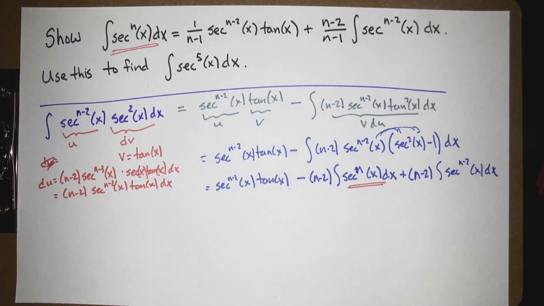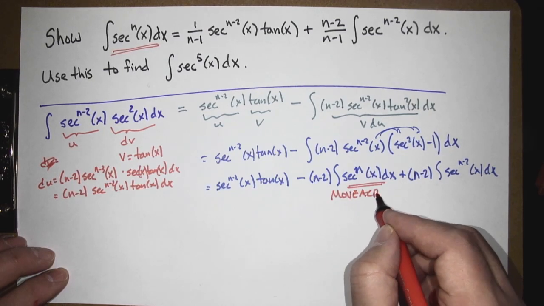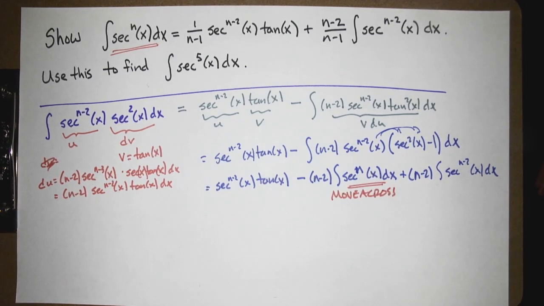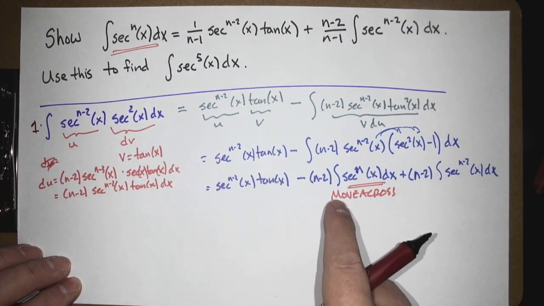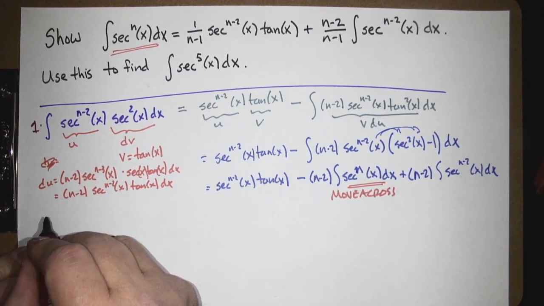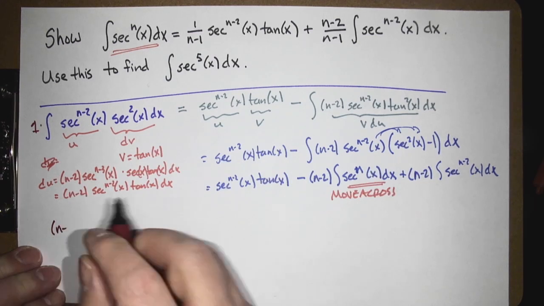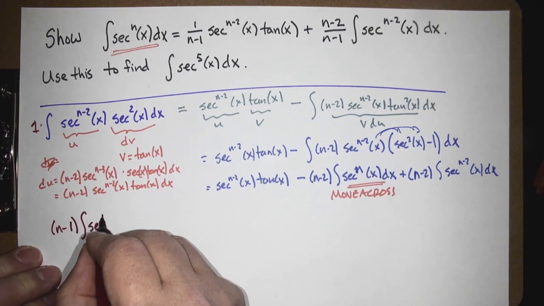So we started with the integral with secant to the n, and now we have an integral with secant to the n. So we're going to move this across. And we're just going to say, let's join you with your friend. So in other words, we have 1 secant to the n over on the left-hand side. Here we have n minus 2 secant to the n with a minus. So when we move it across, that leaves us with n minus 2 plus 1, which is n minus 1, integral secant to the n of x